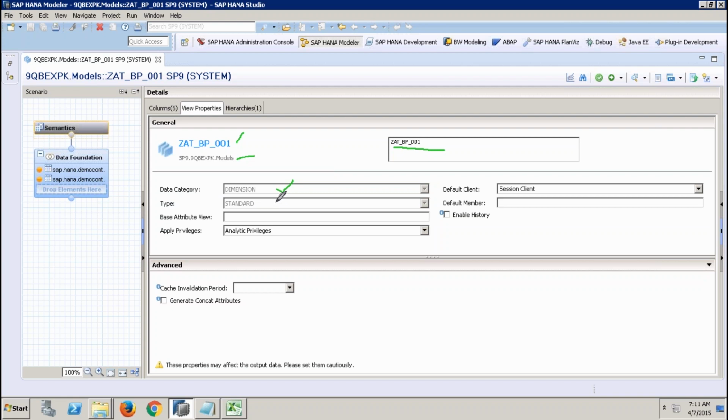And then you see the next property as a type of attribute view. You've seen there are different types of attribute views, right? Standard, derived, and time. And this property type will tell you whether it is a standard or it's been derived, or it is a time based attribute view. Suppose it has been derived, this property will tell you what is the base attribute view from which it has been derived. For example,